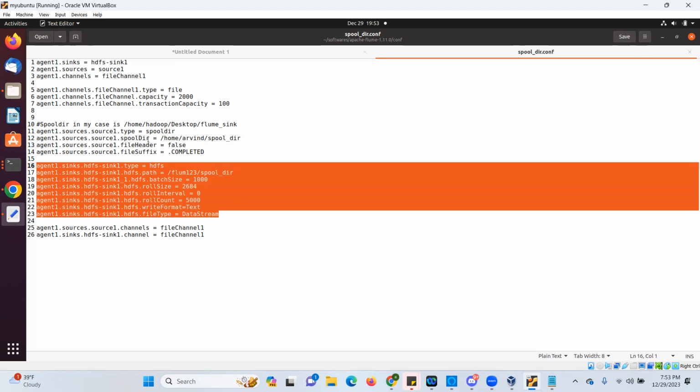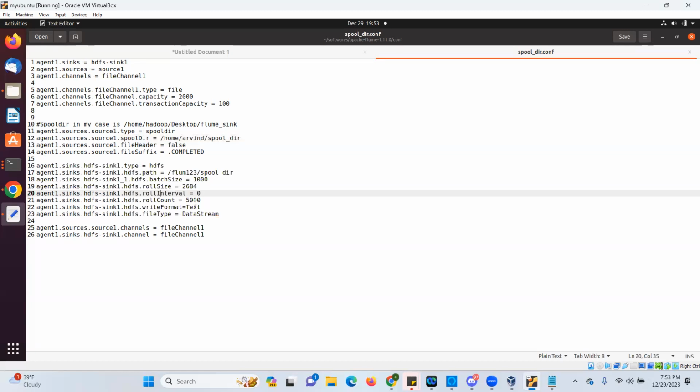Okay. So the source can be the Kafka source, files, or the spool dir source, but the final destination target is the HDFS sink. So you will see in the other configuration files, the sink type is HDFS sink. And here is the HDFS sink. I'm providing the path where I want to copy my file. So an output directory will be created,